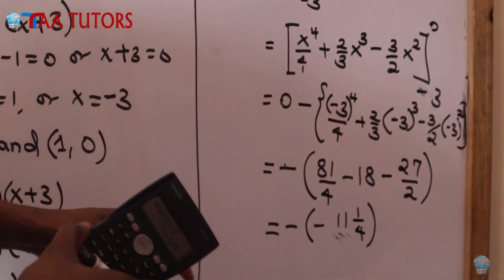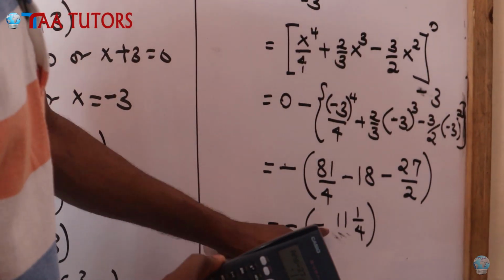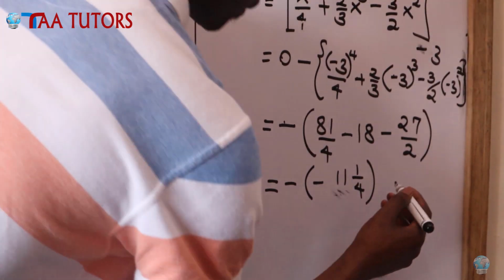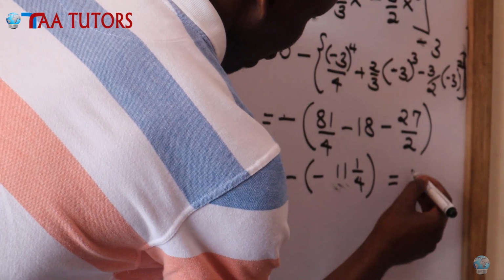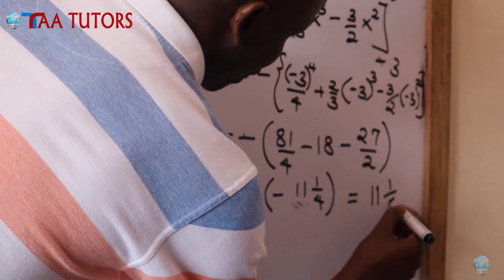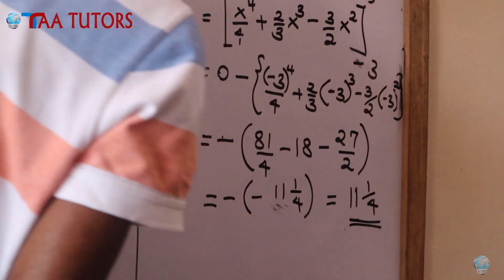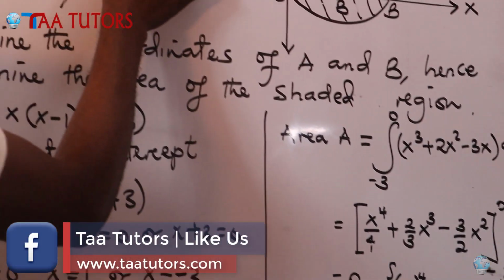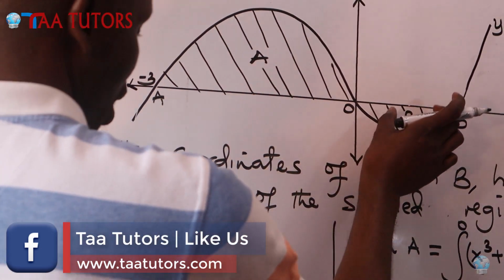So negative 11 and a quarter, negative times negative will be positive. So finally we get positive 11 and a quarter. That is the area of A, the first part. So we are moving to the second part of this